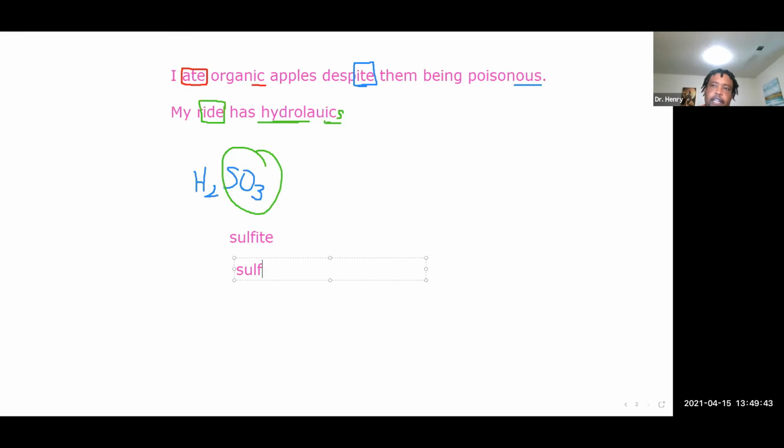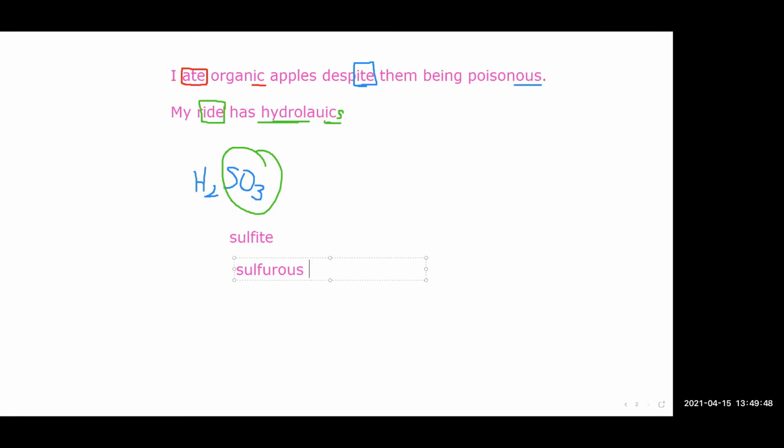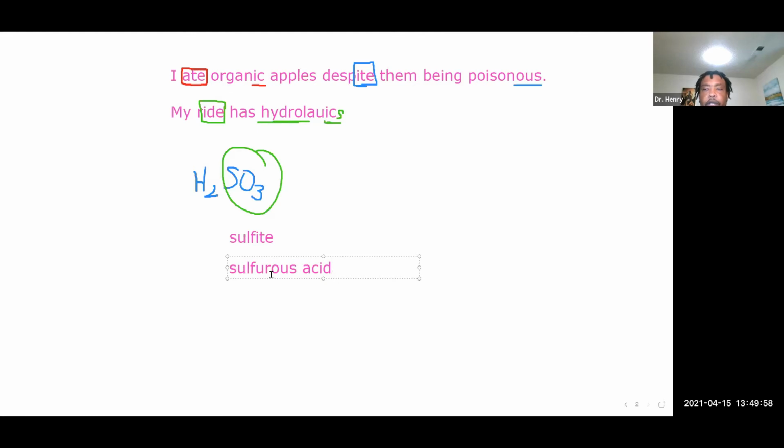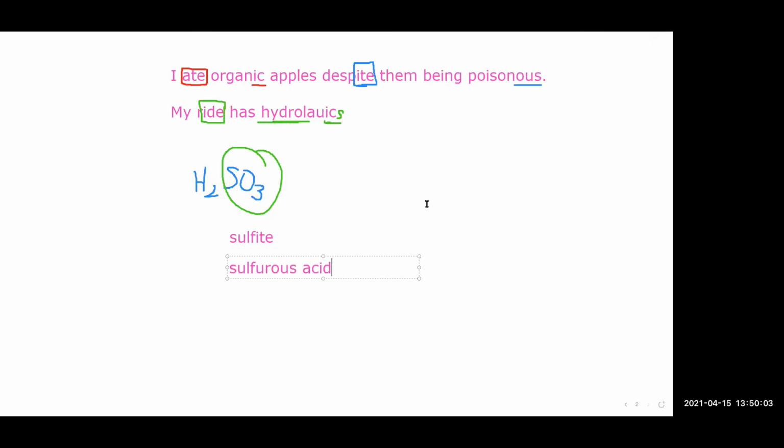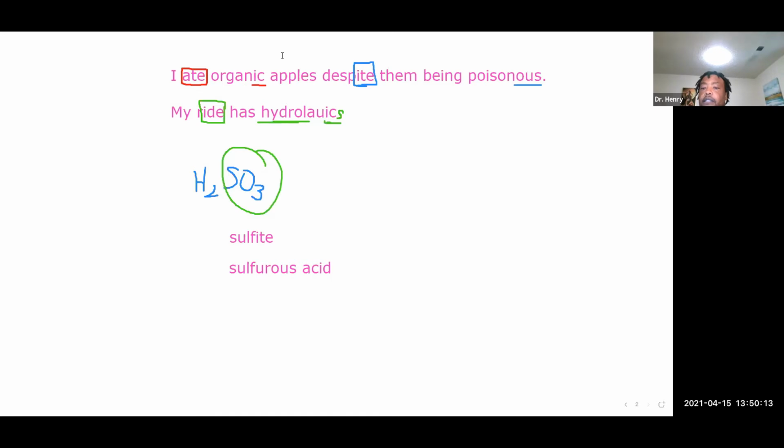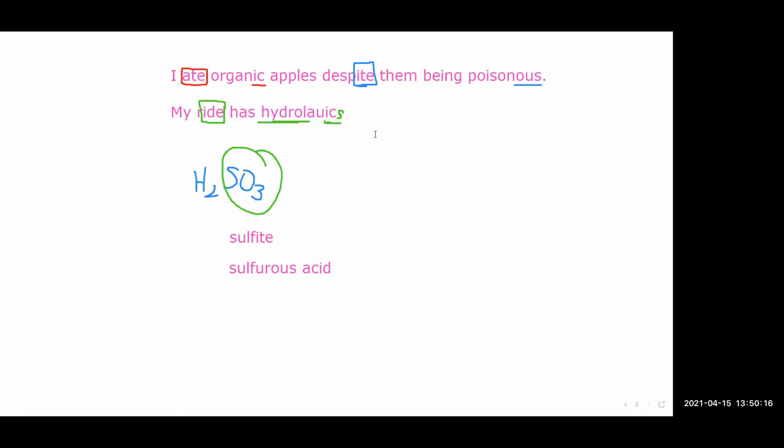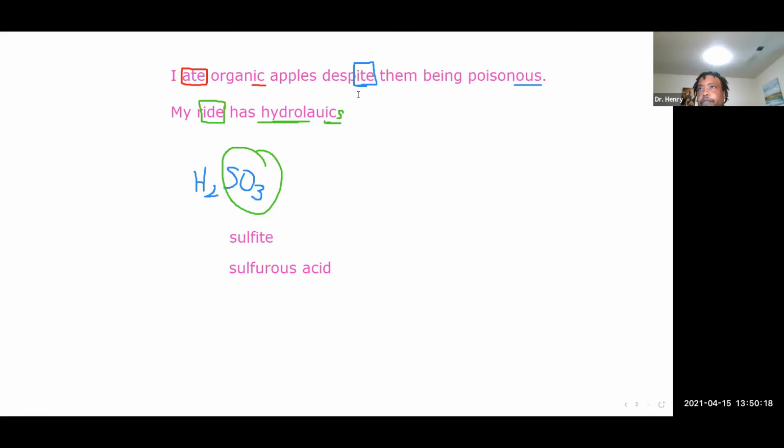And then we always put the whole thing. So the whole point of that sentence is if it says ate, ick, or ite, we change it to OUS? No. So you take the root, and then you put OUS behind it, and then you put acid. The red goes with red, the blue goes with blue, the green goes with green. So if it's ate, you change it to ic. If it's ite, you change it to ous. If it's ide, you change it to hydro-ic. Okay, so if I have this guy,